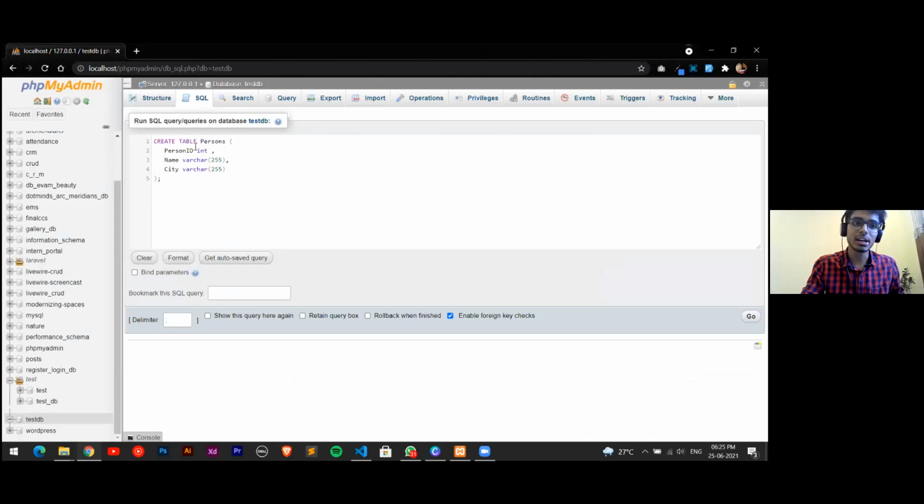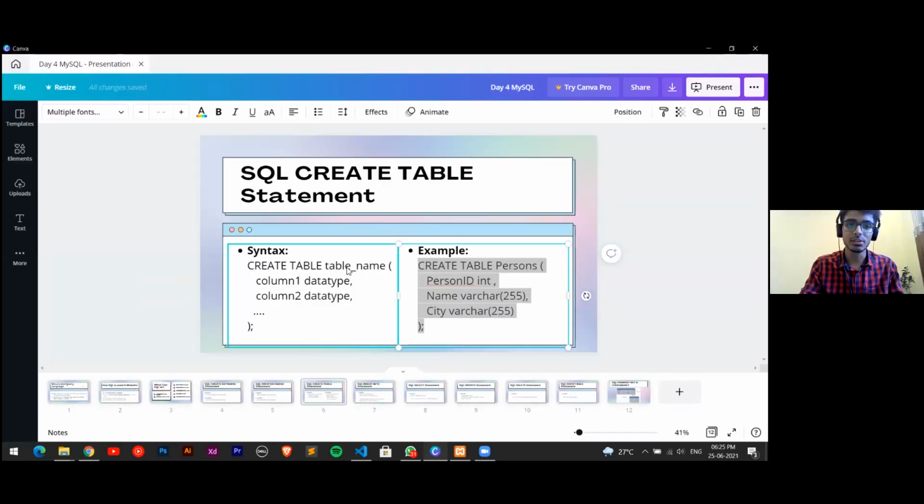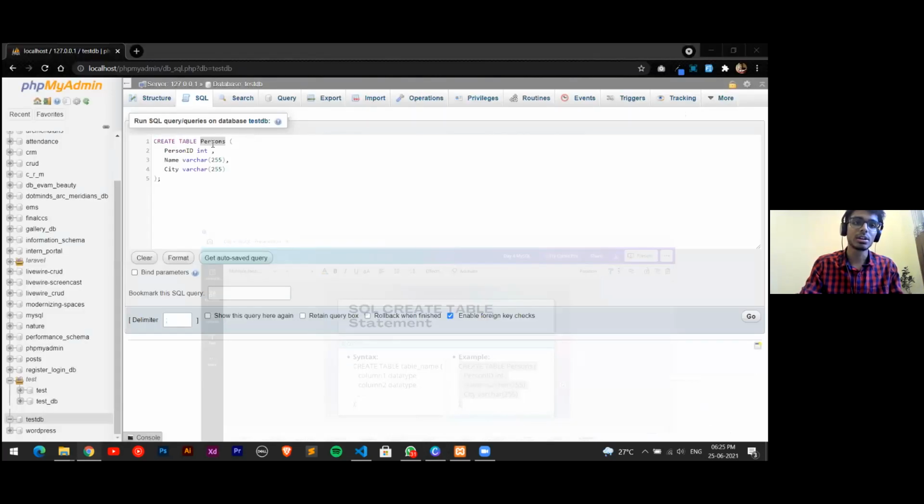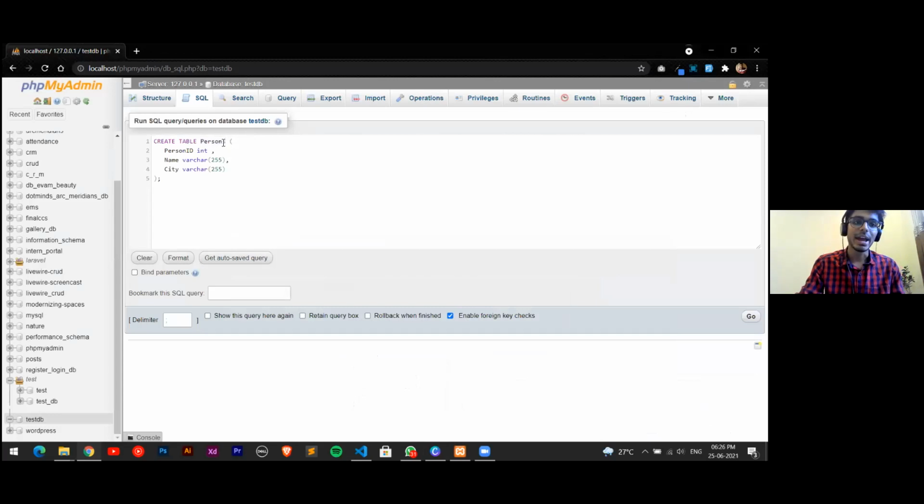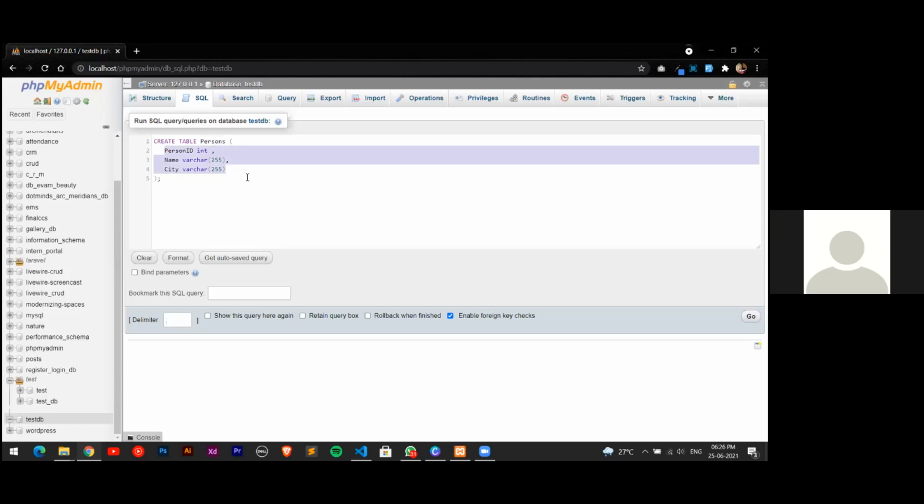This is again a create table, which is an SQL query. We write create table, and we provide the table name over here. You can see the table name is supposed to be given when you start the query. I want to create a persons table, and inside that persons table I want a number of columns. This is where you give the table name, and inside the parentheses you give the column names. Clear till now? Just drop a quick yes if it's clear.